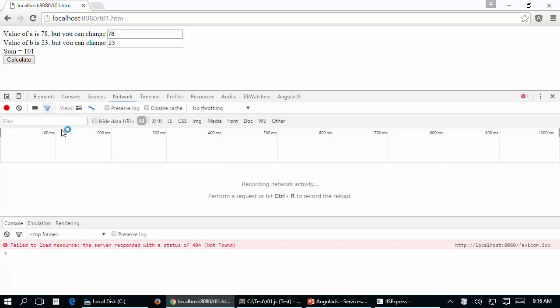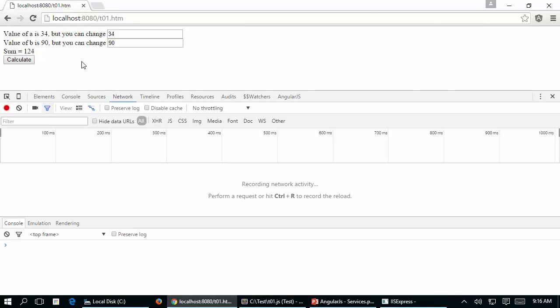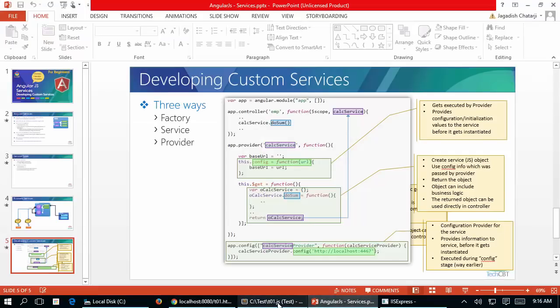And if you open my network here, and if you change anything here and click calculate, you can see, oh, this is also this. That is coincidental. Okay, now if I click calculate, you can see there is no network based communication happening here. Everything is happening at client side and with automatic data binding capabilities. Okay, so now that we have that particular